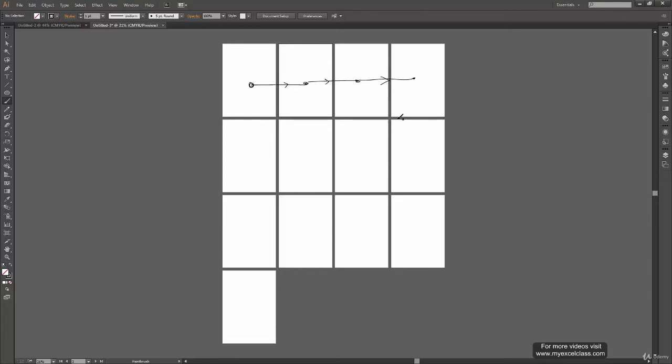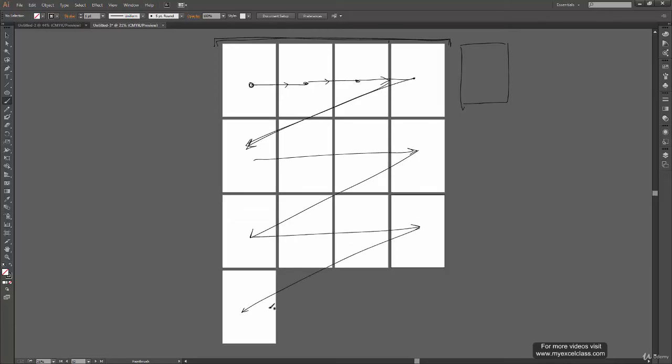So what it will do is, every time it will check whether the number of columns is 4 or not. So far the columns were 3, and when it created the 4th artboard, the columns are 4. Now it cannot go further and create another artboard over here. So it had to jump back and create a new artboard over here, and again the same way, and again go back, and again the same way, and then again come back to the first column. So this is how this arrangement works.